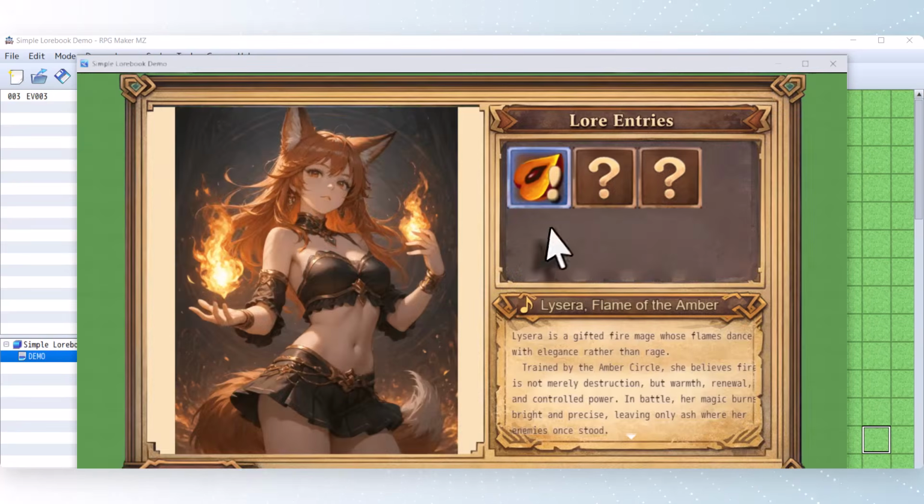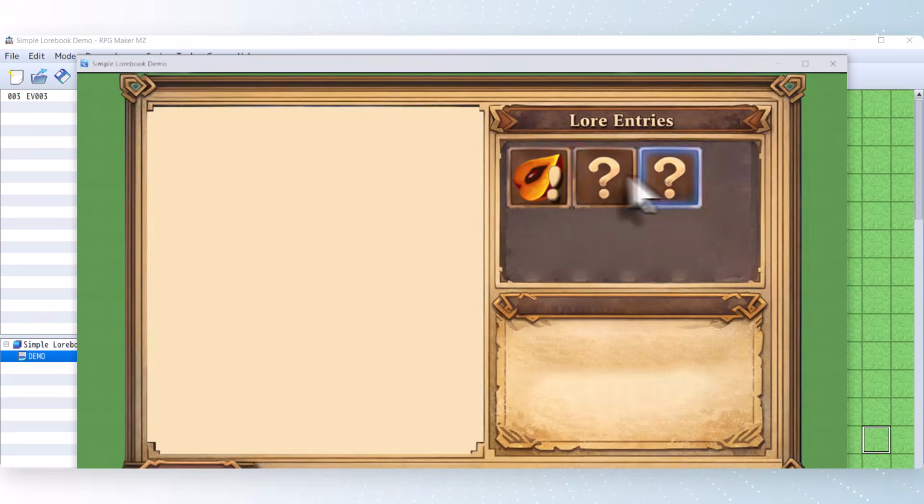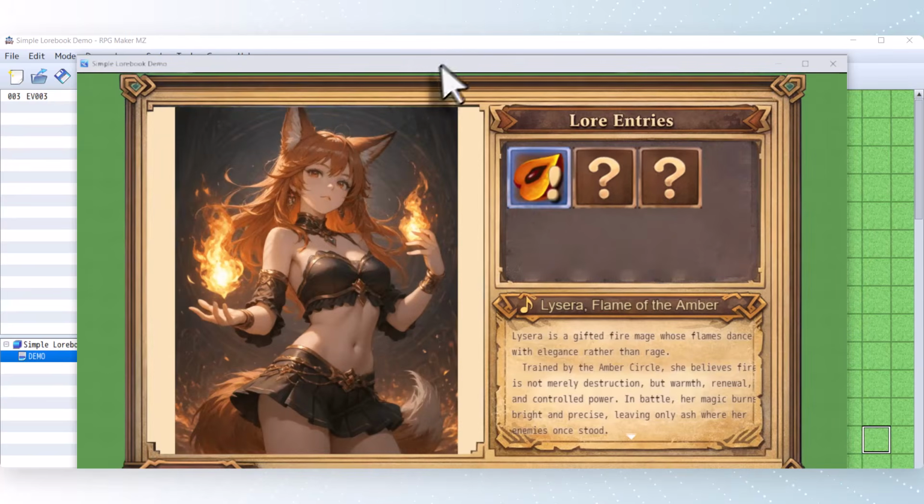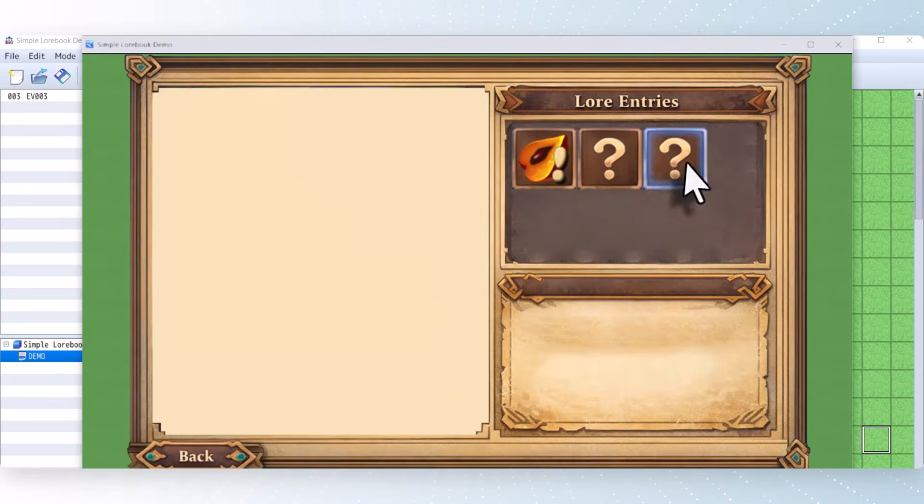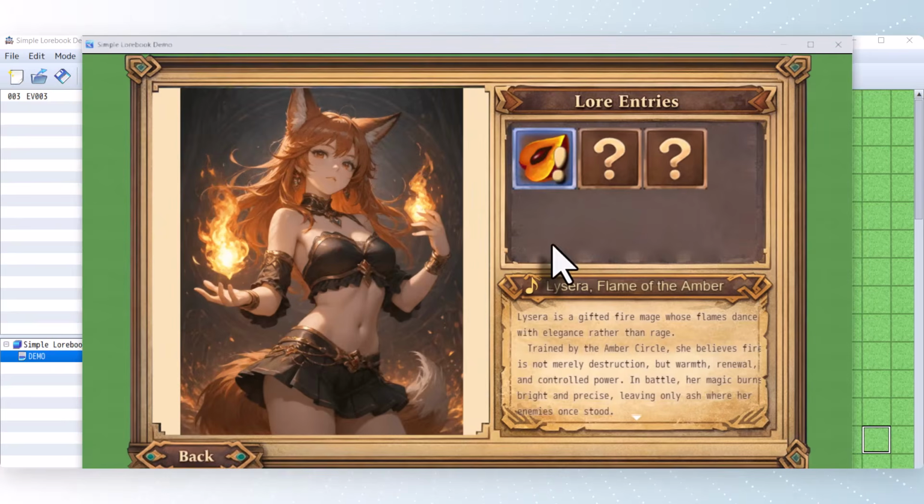This small change allows us to observe how layout parameters influence the visual structure once the Lorebook appears in the game. The NUI setup is complete. And that's it. The plugin is fully set up, all features are ready,